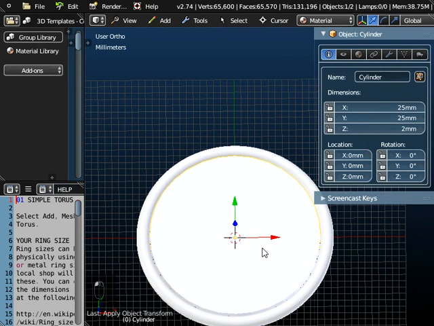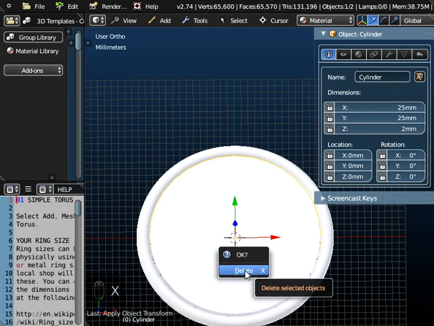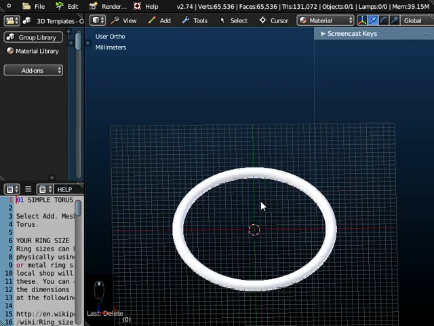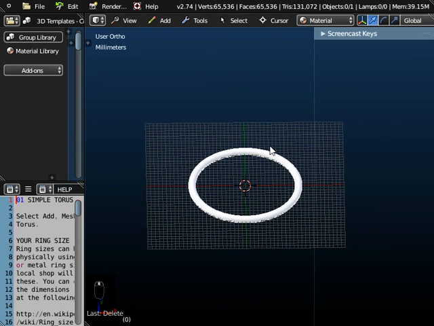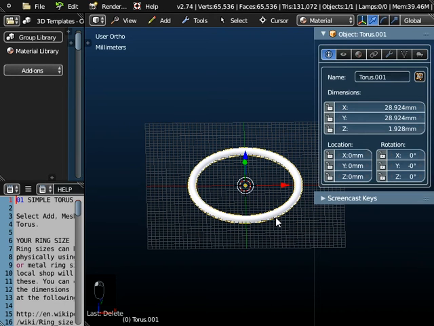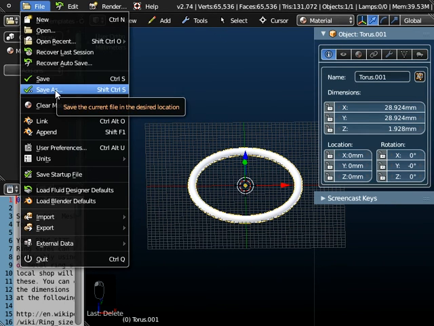Now all I need to do is delete this cylinder. That's not an object that we're going to print, so it's X on the keyboard and delete it. So here's our torus now. What we need to do is save this. So if we go to File and Save As,